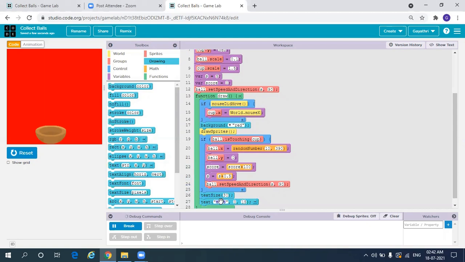So the text will be "score is equal to", and then outside of the double colon, you write plus score. And this is the place where it gets displayed. X I'll make 100 and Y also 100. So this is the position where our text will be displayed on the screen. So I have my score variable here and it is increasing.